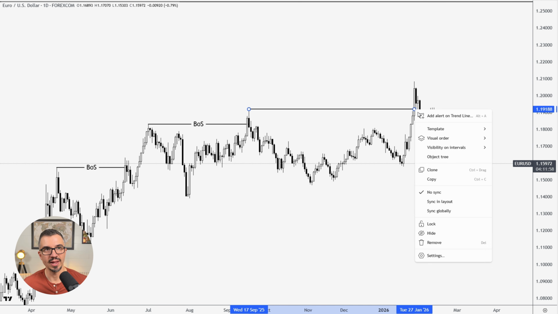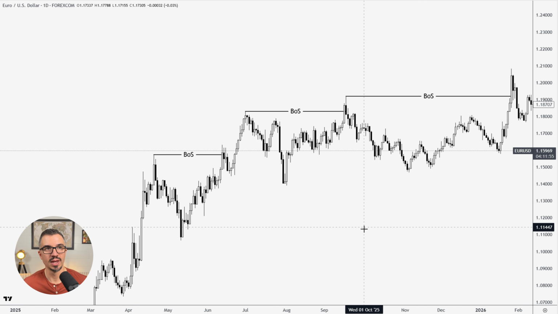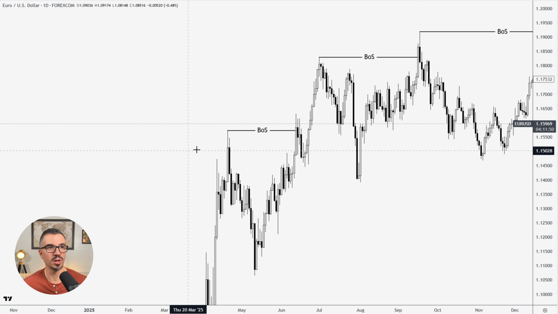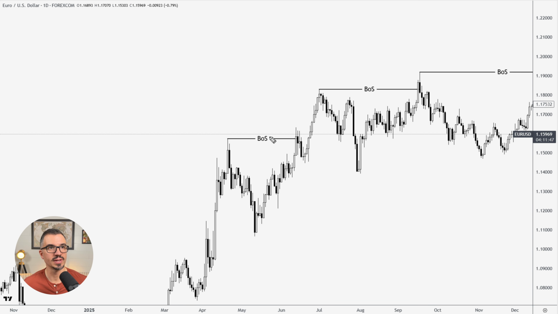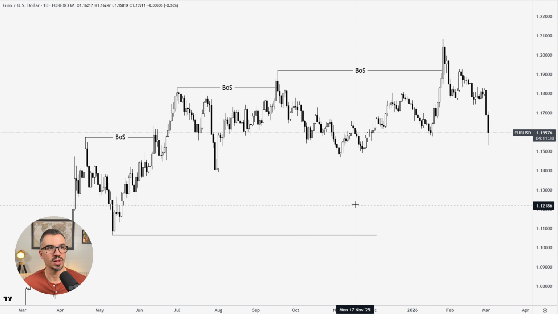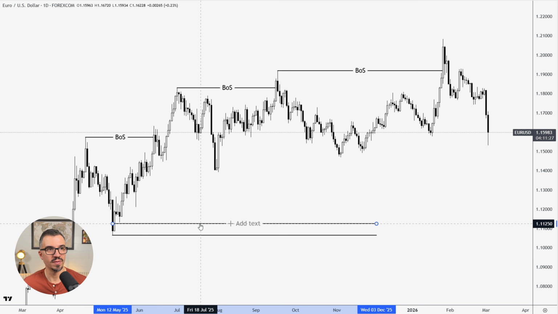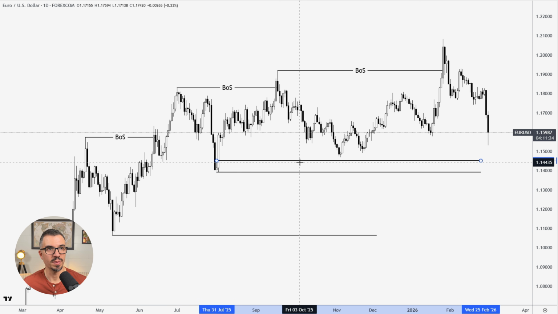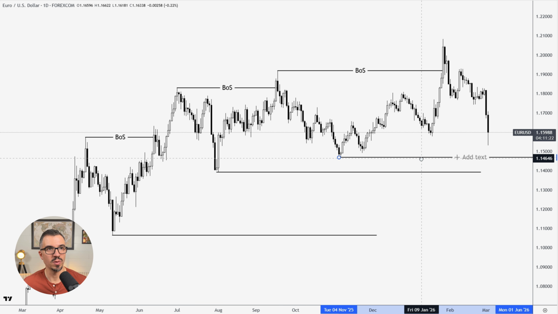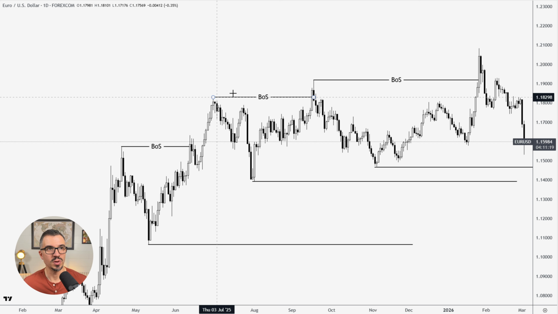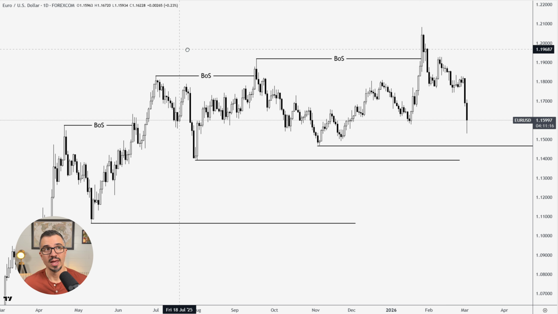Now, the reason I note that all these are valid is because the whole time when we were getting this, if all you did was just mark up the external low here, so in other words, once you had this confirmed BOS right here, the external low is this one, right? What's the external low within this range? It's this one right here. Once we had the BOS up here, what's the low? It's this one. And if you'll notice, these lows never got taken out. So if we just draw a simple horizontal line off of this low here, and then we do the exact same thing off of this low up here, and then we do the same thing up here, what you'll notice is that we have not closed below any of these. So that right there tells you that all of this is structurally significant